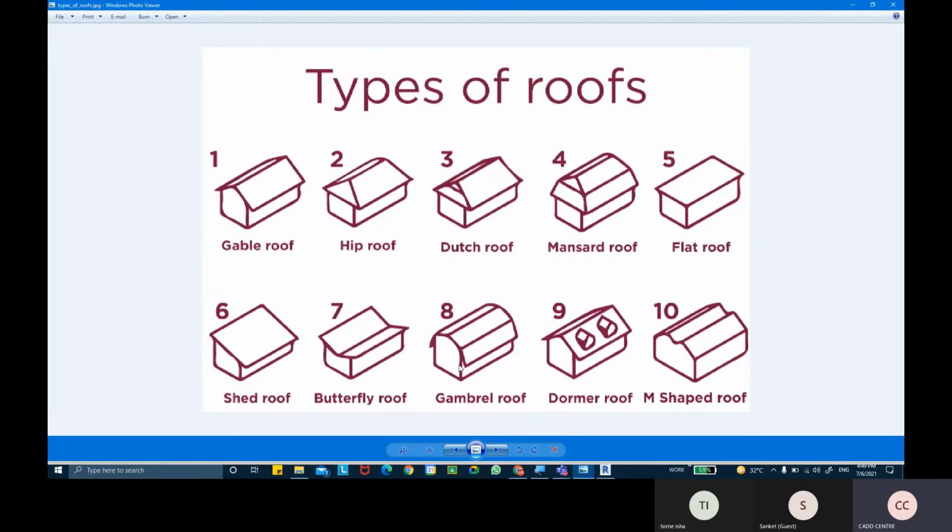Now the gambrel roof and the M-shaped roof. These two roofs will not be created by the roof by footprint command basically, because this roof is slightly bending down, so it has multiple segments basically there. Okay, so this gambrel roof and the M-shaped roof will use the roof by extrusion method basically.